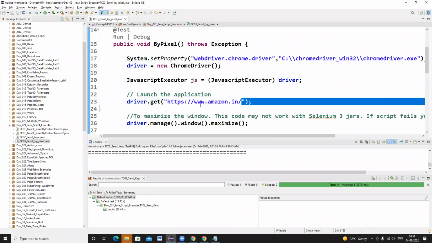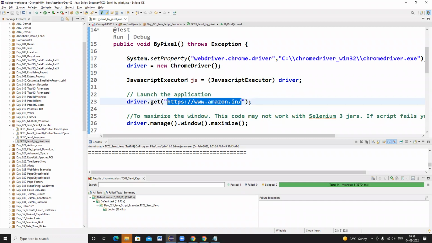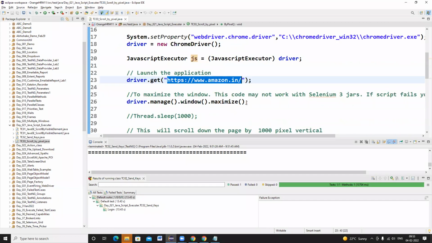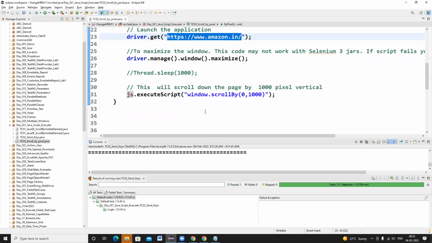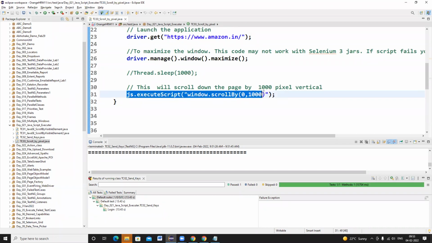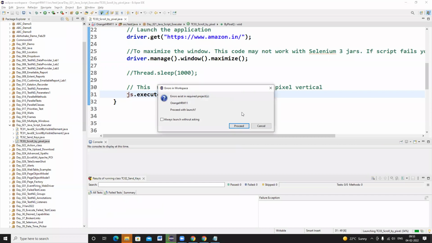You're going onto this Amazon website. We have created an object reference for JavaScript executor here. After that, we are launching the browser application here. Then by writing this line of code, it will scroll until 1000 pixel. Now let me go ahead and execute this.